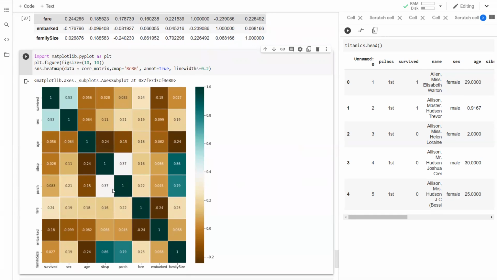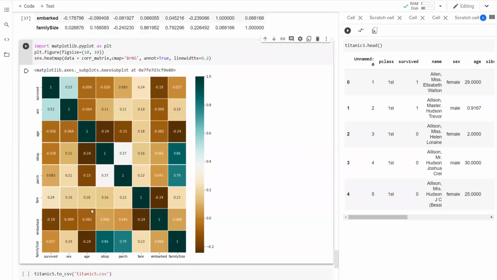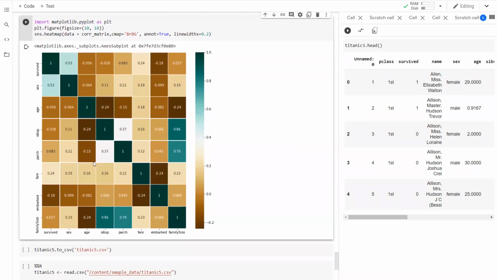Okay, so if we want to set up this as a heat map and get some sense, maybe, of how to interpret our numbers here, you can see survived is positively related to sex. Now sex, it's female for 1, 0 for male. So obviously if you're female, your chances of surviving would appear greater. There is a small, almost 0 relationship with age, but we do find later on that if you're younger,